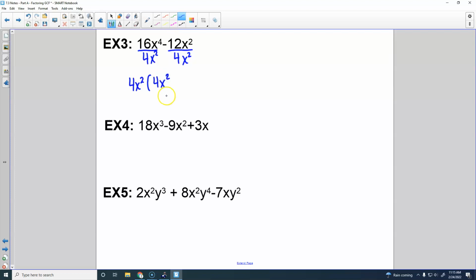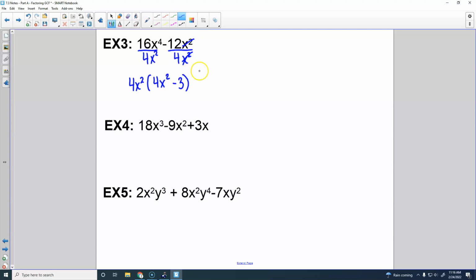4x squared. Very good. And what about 12x squared divided by 4x squared? Very good, just minus 3. So when you have x squared on top and bottom, it's just going to cancel out because you'll get 0 x's left there. Here we had 4 x's, we took 2 away, we got 2 left. Yes? How do you get